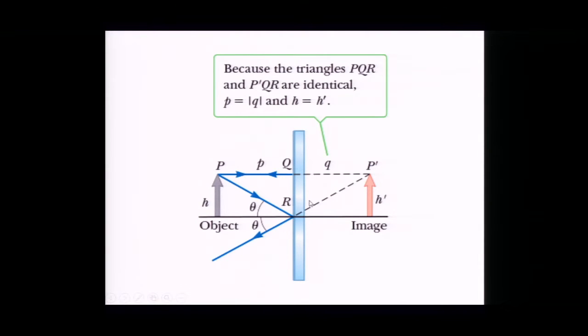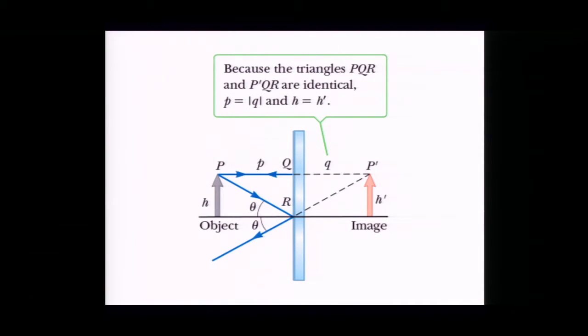Now if I have a flat mirror, and this is what happens when I have a flat mirror, this triangle is going to be the same as that triangle, and because of that, the H prime is going to be equal to H, and my Q is going to be equal to P. So the image is going to appear to be behind the mirror the same distance as the object is in front of the mirror. But it helps us start to identify where we're going to use our sign conventions and everything